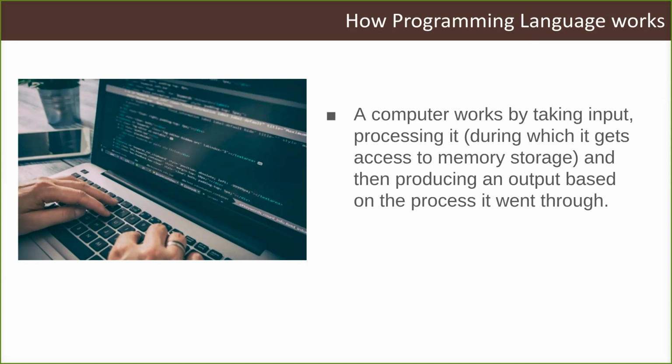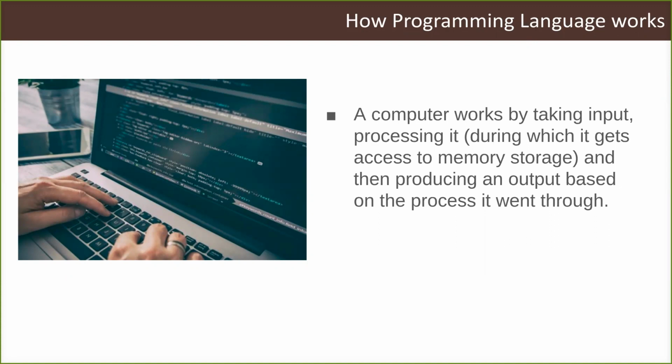So what happens is a computer in a general sense works by taking an input, processing it, and then generating output. Okay, so the example of the browser that I was giving you just one slide before. You give an input by the keyboard, as in you type google.com, the link you want to visit, then you press enter. You provided the input. Now the computer will do some processing, okay, which is the set of instructions that the computer will follow, and essentially after processing that, it will generate some output for you.